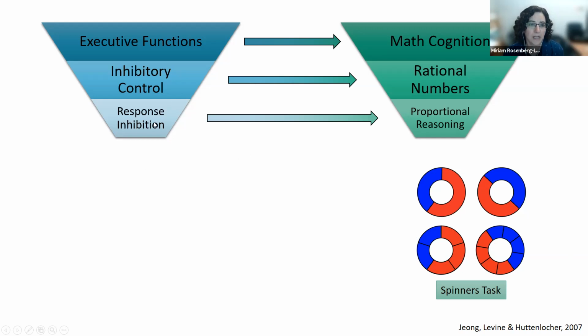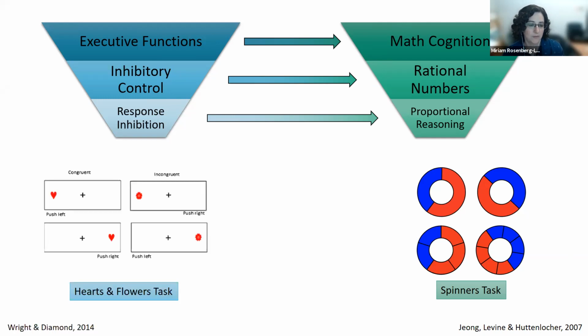In terms of executive functions, we've particularly focused on response inhibition. If anyone's interested in response inhibition versus semantic inhibition, I'd be happy to talk about that. One of the reasons we've used it is that we can use the hearts and flowers task, which can be used in young children to measure response inhibition. In this task, students have to press on the same side when they see hearts and the opposite side when they see flowers, and they do a block of congruent, then incongruent, and then a mixed block.